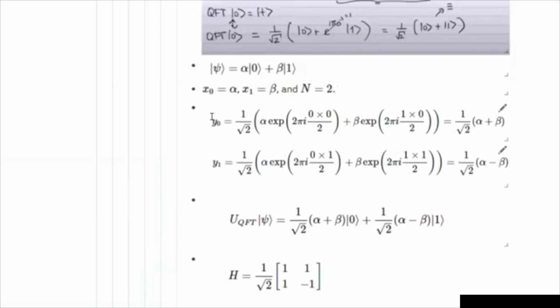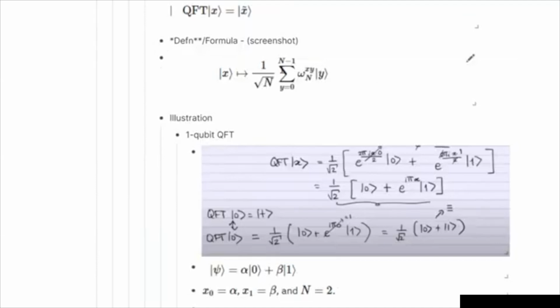One more thing. For y zeros and y ones in this example, we just expanded the summation, where the power y we just replaced with zeros or ones. But for a number of qubits larger than one, for example if y is equal to 4 or 5, we can't just plug in that power over there, because y is supposed to be a state which is made up of zeros and ones. It's a state register, you should say. So we need to be careful on that.